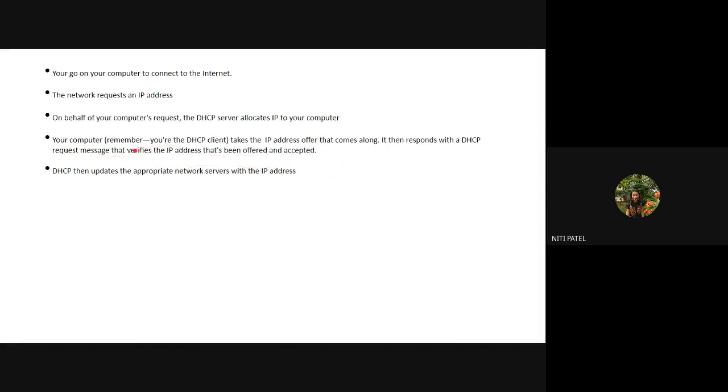Now, what is this? There are different types of messages which are communicated between the client and the DHCP server, which is offering the IP address. You have messages like DHCP request, DHCP reply, DHCP offer, DHCP discover, like these. These messages are nothing but the communication which is happening between your user machine and the DHCP server. Both the machines communicate by using these different messages: a request message, reply message, offer message, discover message, close message, like these.